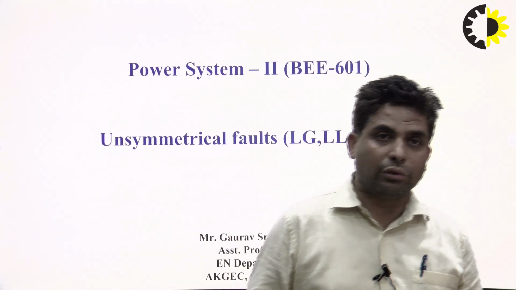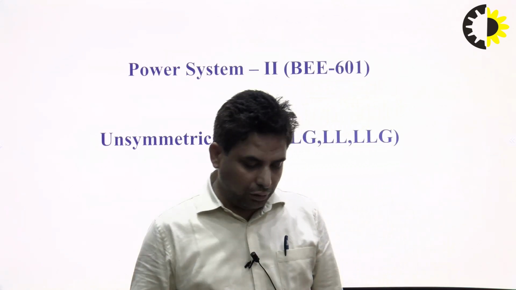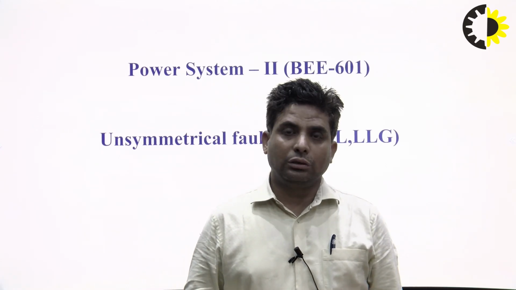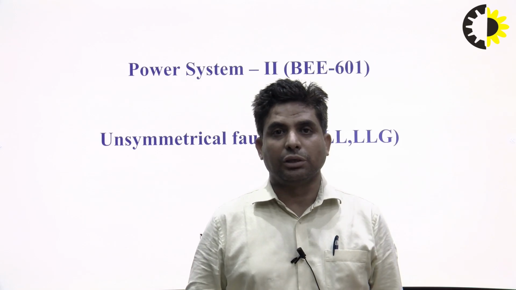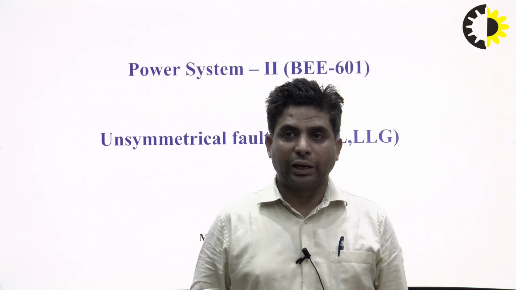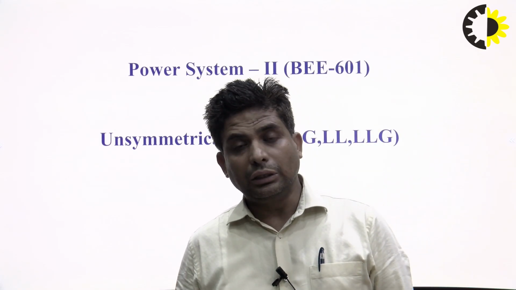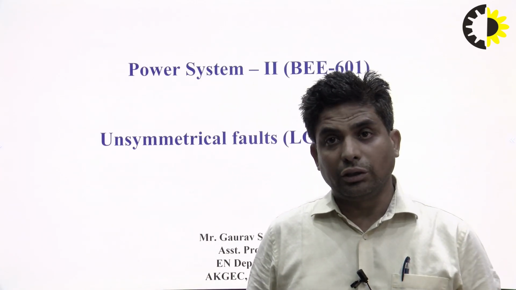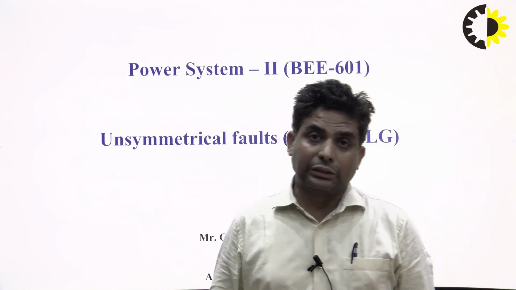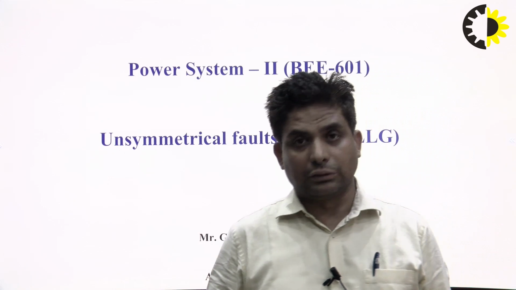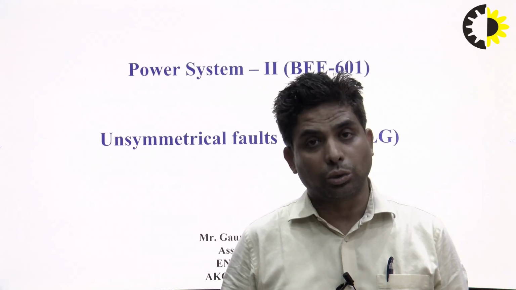So what is the basic difference between the symmetrical and the unsymmetrical fault? Normally, when we discuss the unsymmetrical fault, it means that during the fault condition, the balance of the three-phase power system becomes unbalanced. The supply is unbalanced: the phasors, voltages and currents. That's why these are unsymmetrical. And when we discuss the symmetrical fault, it means that after the occurrence of the fault, the system remains balanced. So that's why there are two types of conditions.